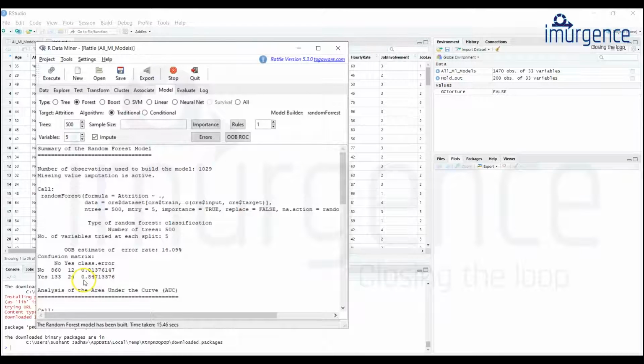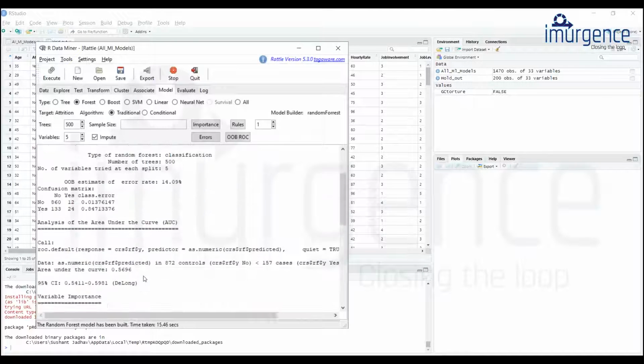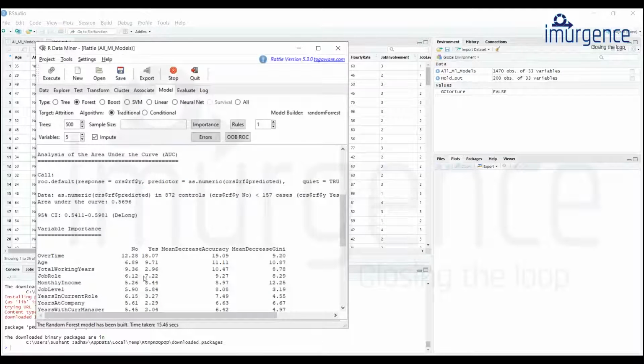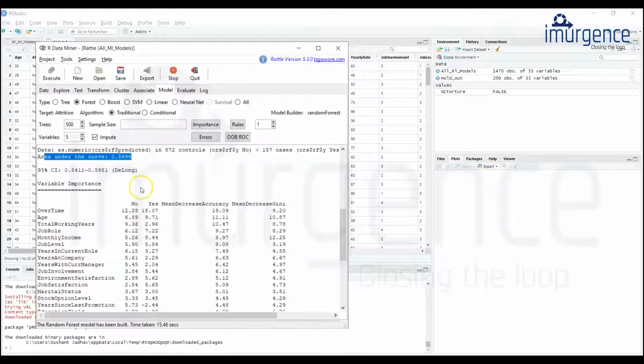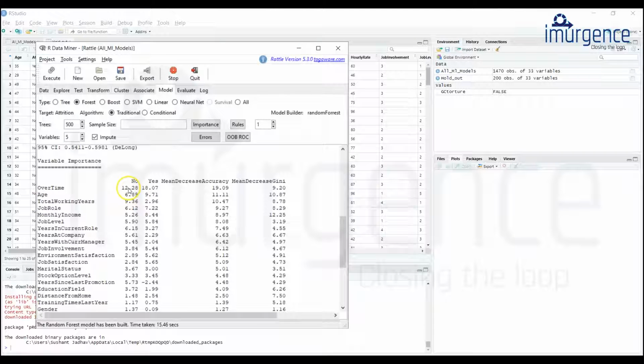So for the yes class it's 0.84, for the no class it is 0.01. If you go down, you can see the area under the curve over here is 0.5696 only, which is not that great. You can also look at variable importance. It will also specify which variable is important.